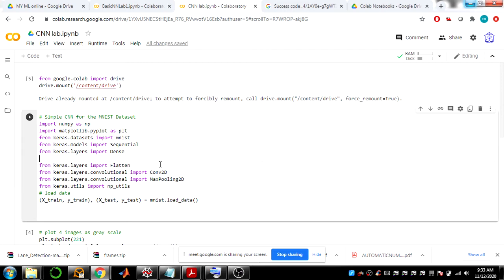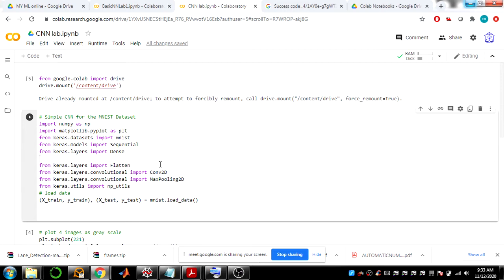So now Akshata, tell me why sequential is required, and what about dense? To build the layers, not only hidden layers. Sequential is required to build the model sequentially, one layer after another layer. How the complete model has to be built will be decided by the sequential, and how many layers and what is the size of the layers will be decided by your dense.